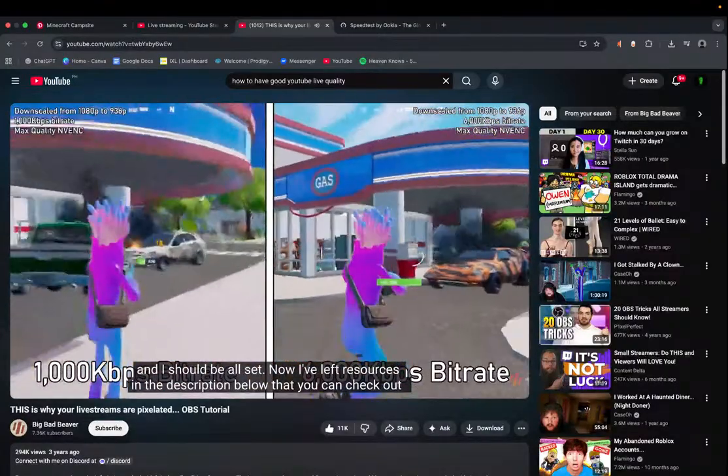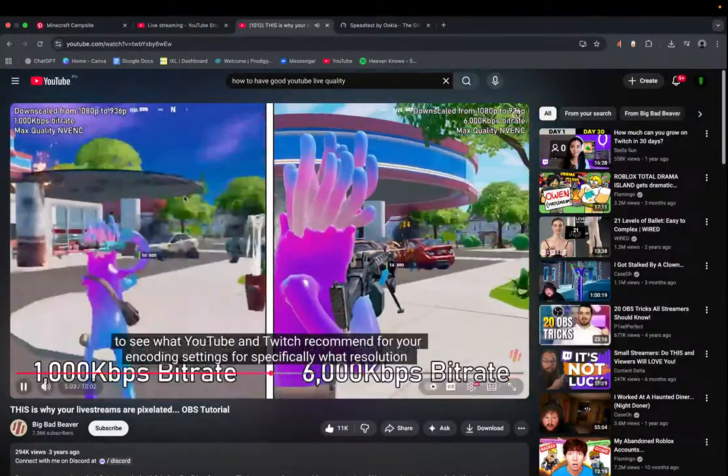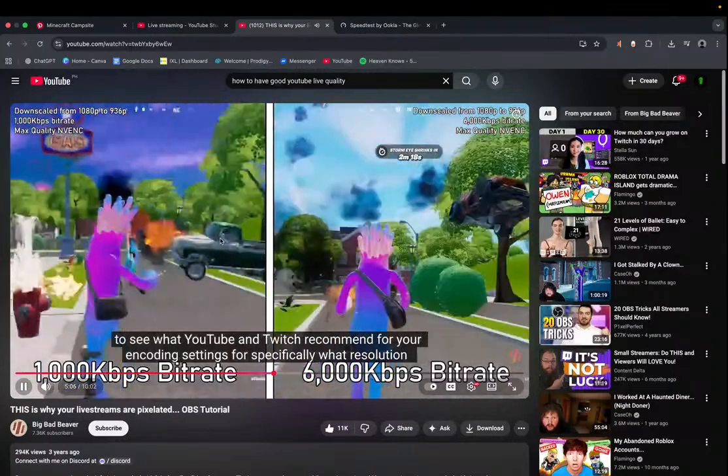Now, I've left resources in the description below that you can check out to see what YouTube and Twitch recommend for your encoding settings, specifically what resolution and frame rate